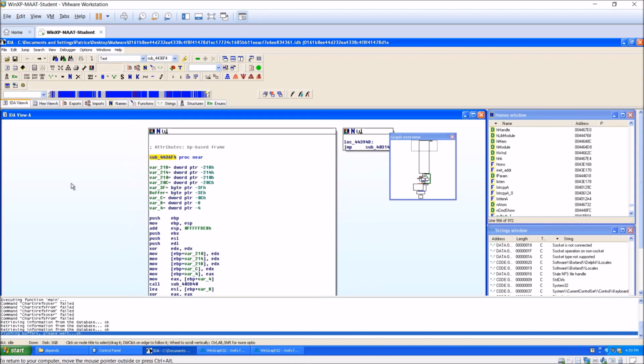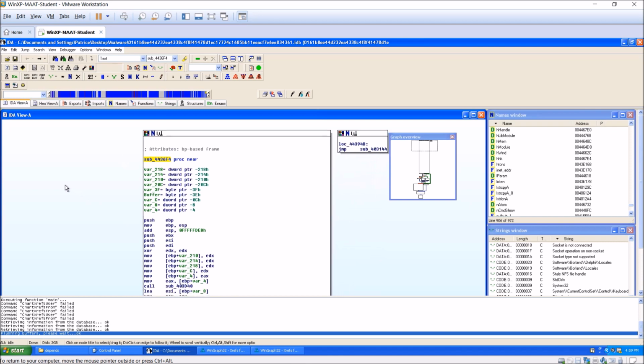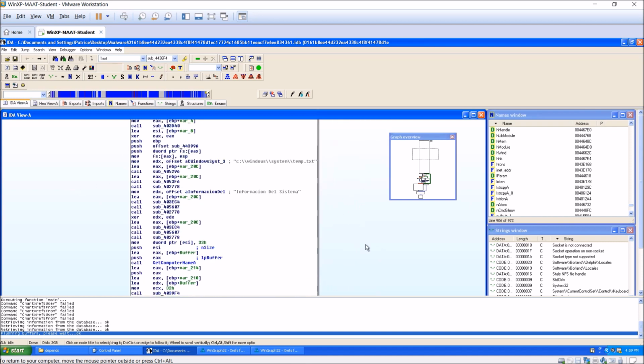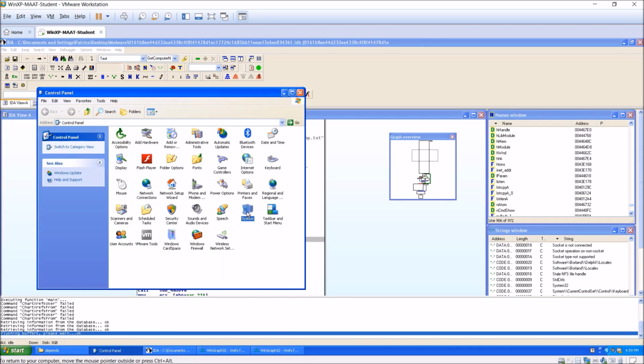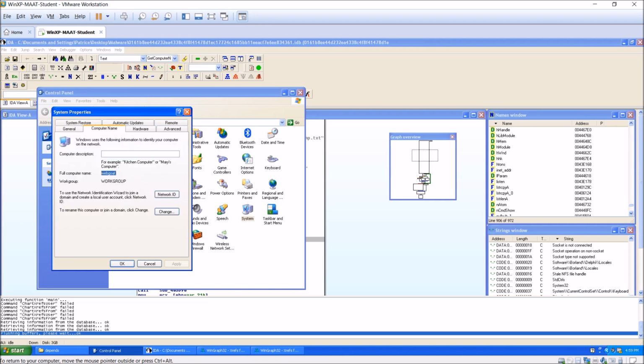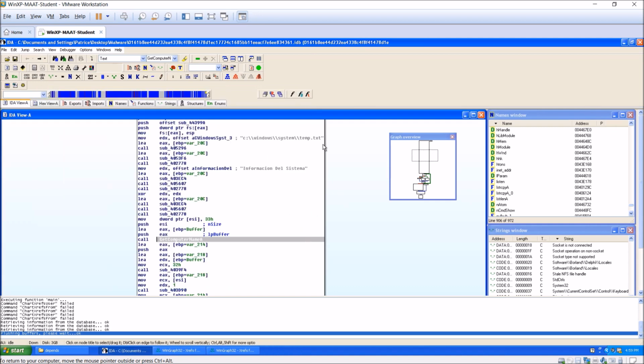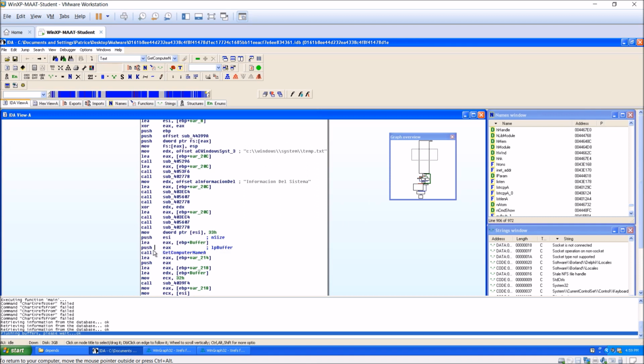For this very first subroutine, 4436F4, you can see it's very long. I would like to bring attention to the first function call, GetComputerNameA. This function captures the NetBIOS name of a local computer. In our case, it will be web code, which I'll be showing here. Yeah, this is web code. It requires the nSize and lpBuffer parameters, which are being pushed in over here and here for